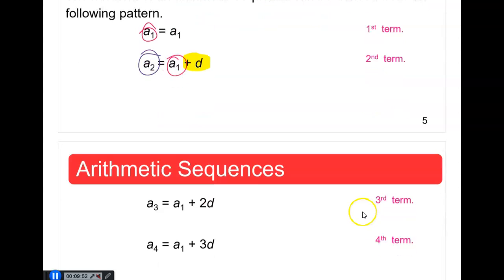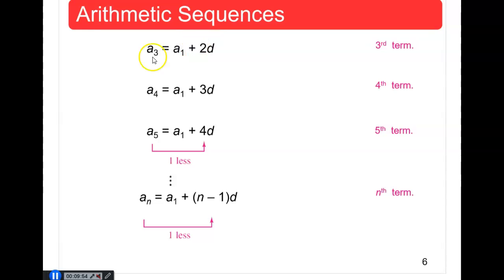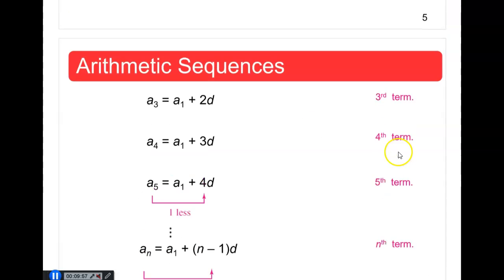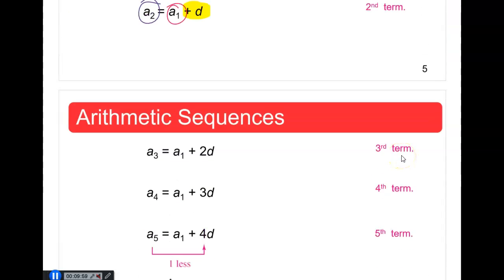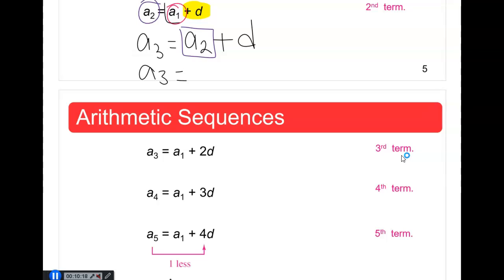So as you can see on the following slide, if we want to get the third term, it would make sense that we say we will take the second term plus d. However, we already know that the second term happens to be the same as the expression that we have here. So it will be